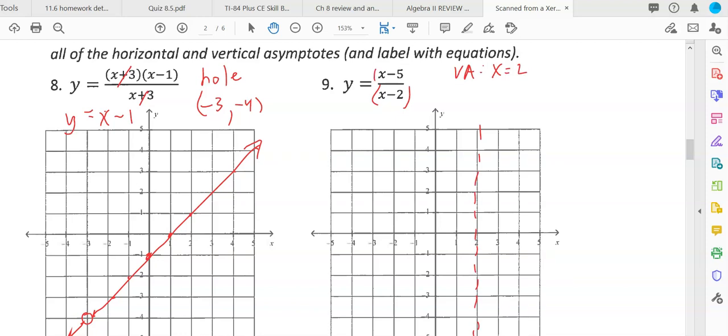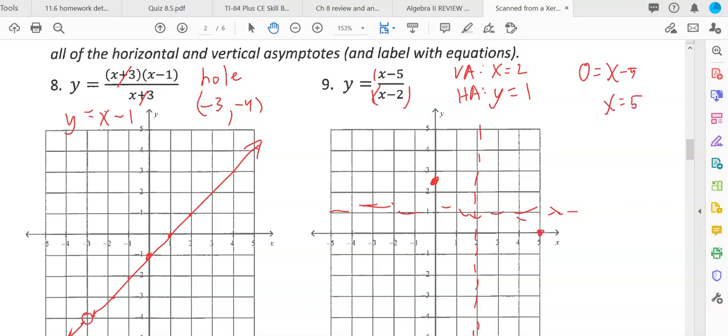There's a horizontal asymptote at y equals 1. Sorry, that's a little bit off, but it should be y equals 1 there. There's no hole because nothing cancels. Find the y-intercept, plug in x equals 0, so that'd be +5/2, which is about 2.5-ish, so we're about there. Find the x-intercept, so 0 equals the numerator, the denominator is going to go away, so x equals 5, about